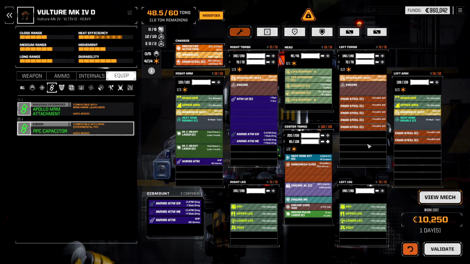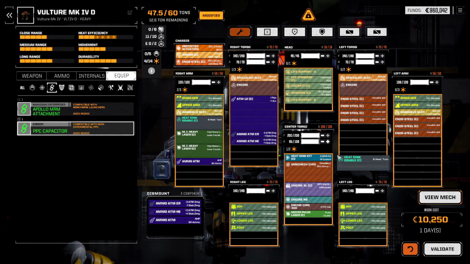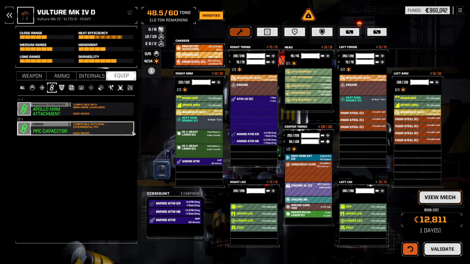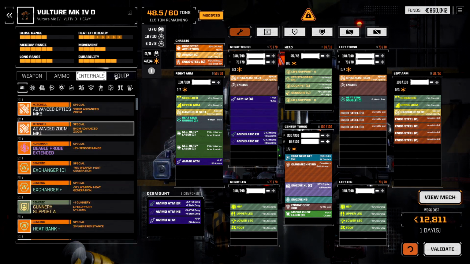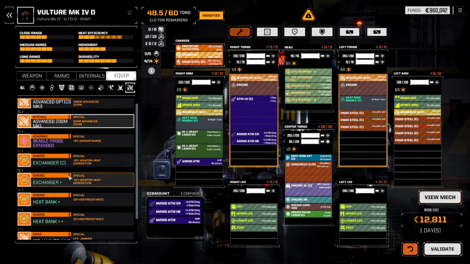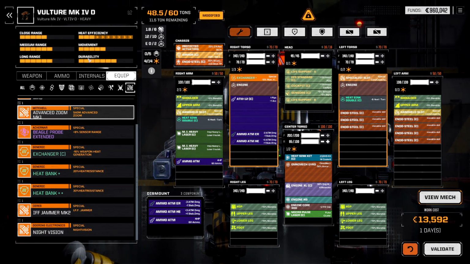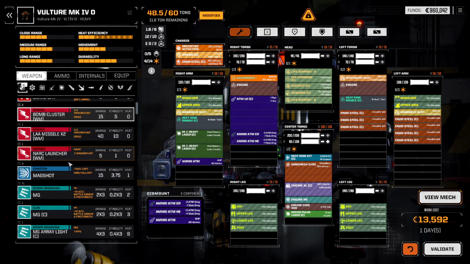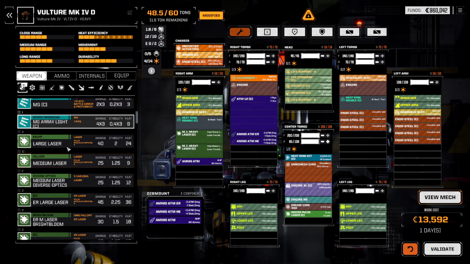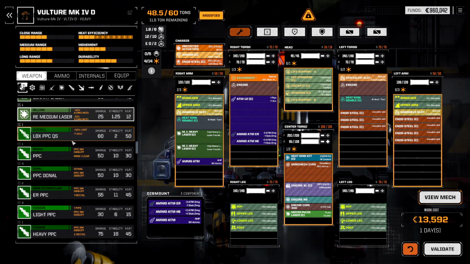I'm going to actually shift that to the right arm. And I'm going to just quickly throw on... I mean, Exchanger Plus is probably plenty, right? Yeah. Now we have a heat delta of -8. We got 12.5 tons. So...